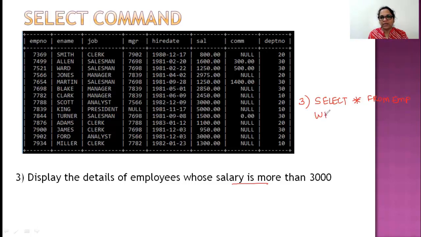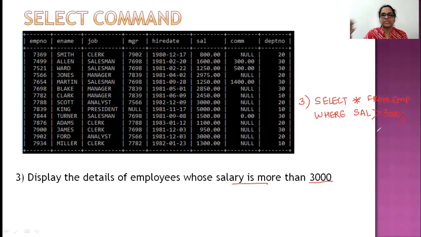How do I write the condition? I write where. Okay, what is the condition? Salary has to be more than. More than means what? Greater than. Where is salary stored? In a column called sal. So I write sal greater than, and what's the value given? 3,000. So I write 3,000 and a semicolon.